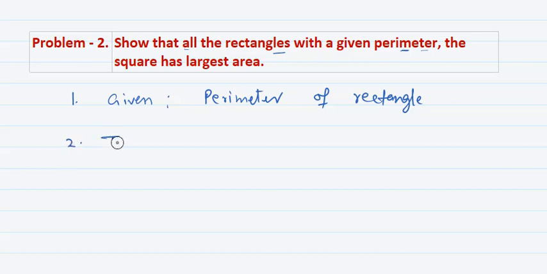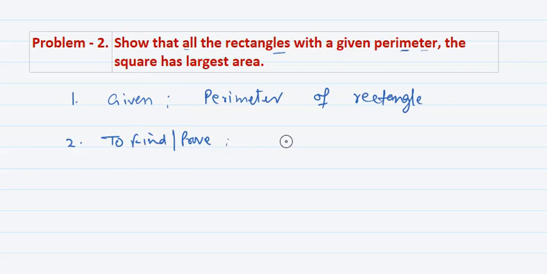And the second thing is to find or to prove. To understand this, let us read the question again. Show that all rectangles whose perimeter is given, having the largest area, are squares. I have read it in a different way, not in the same way, but its meaning will be like this: all rectangles whose perimeter is given, meaning fixed, will have the largest area. When? When all these rectangles are squares. Okay, so we need to prove two things here.